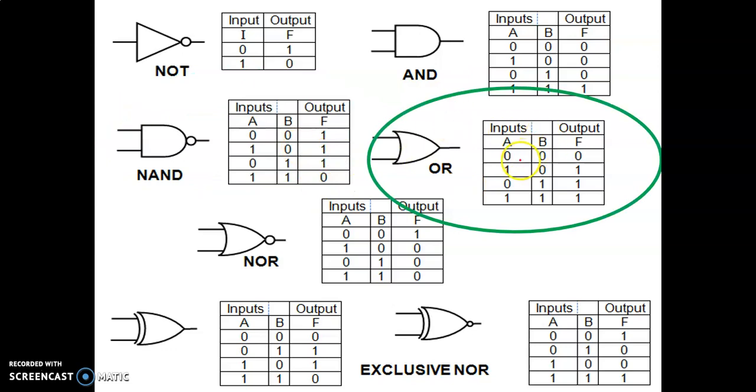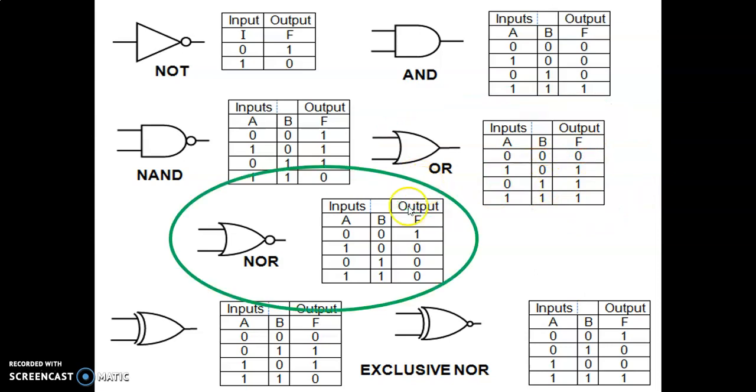In an OR gate, you have all possible combinations listed out in the truth table once again, and the controlling input in this case is 1. If you see a 1 anywhere in the input, output becomes a 1. You see here, all three combinations give me a corresponding output of 1. Here the input is 0, 0. There are no 1s in the input, therefore the output becomes a 0. That's how the OR gate operates.